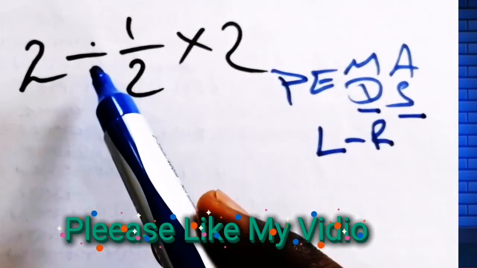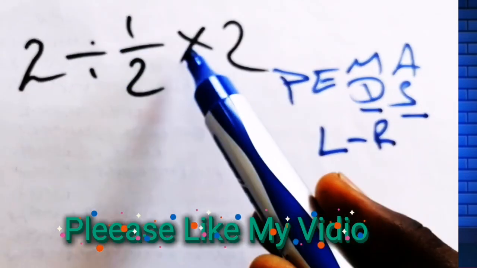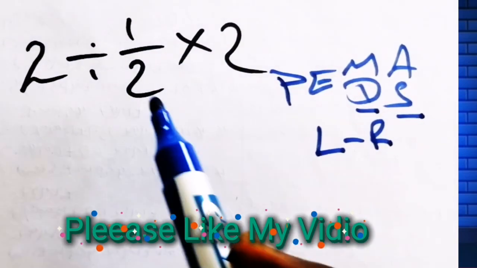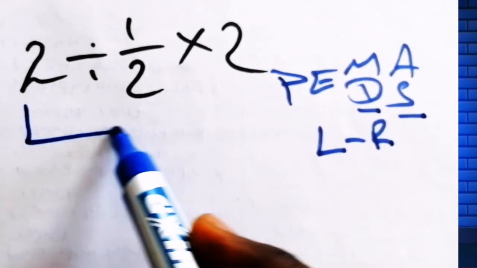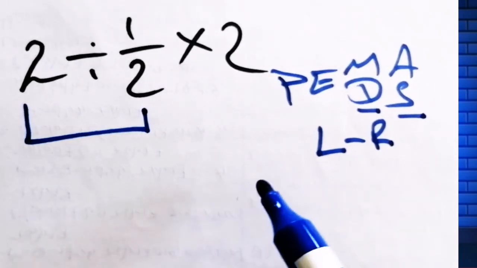Okay, so in this case there is one division and one multiplication. Multiplication and division have equal priority, from left to right. So we have to divide first. So according to the